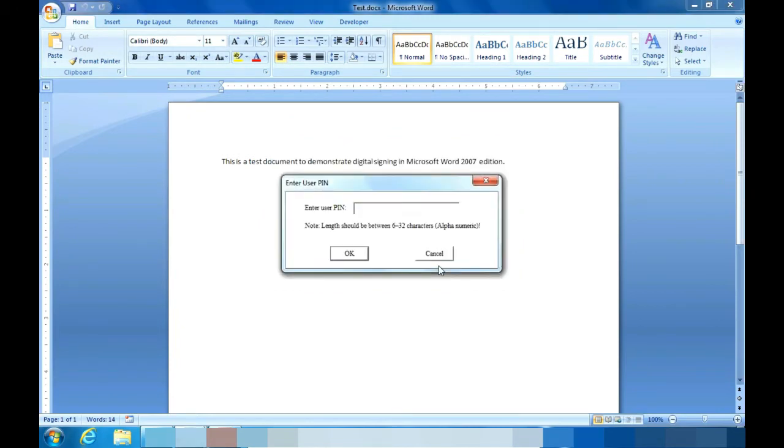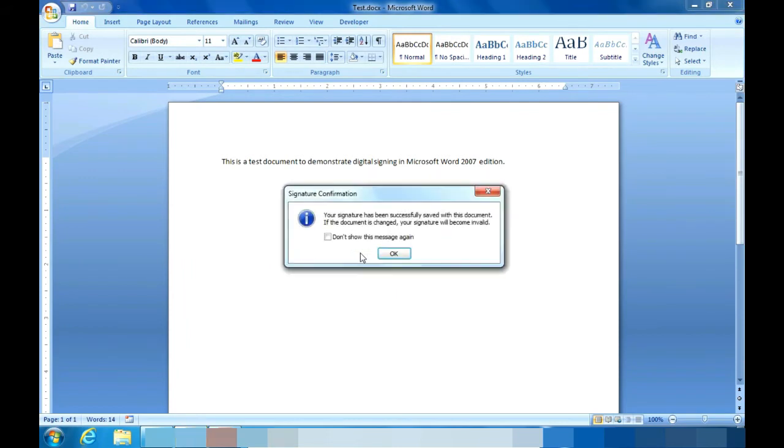So now a PIN is being prompted. This PIN is used to unlock the private key which is kept in my crypto token. As you know, for digital signing, the message digest of the content is taken and passed to the USB crypto token for encrypting with the private key. So that is what we call digital signing. So for accessing my private key, I need to give in the PIN. So that's done now.